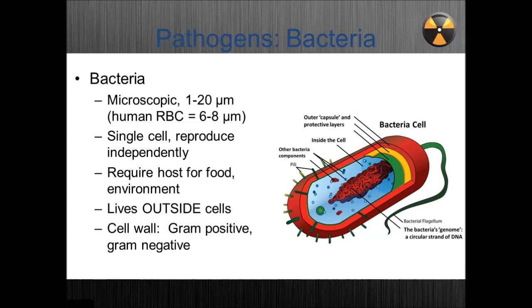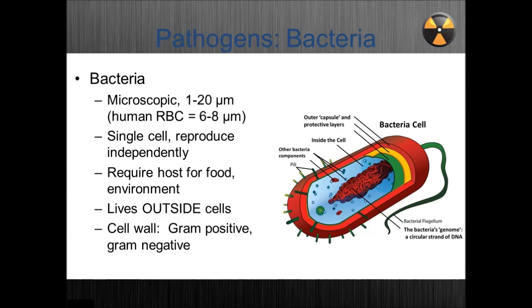One of the most common things that infect us are bacteria, and they're pretty small. They're usually about the size of an individual red blood cell. So we have to have a microscope to see these. They're one-celled organisms, and they can function on their own. So they can sit out on a table and survive for a certain period of time. They can try and generate energy from food and debris nearby, but generally they require a host to keep them alive. So once they've been out on the table for a while, a lot of them will die. But they live next to the cells inside your body, and can cause problems.